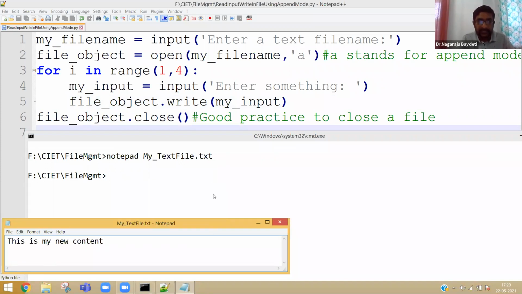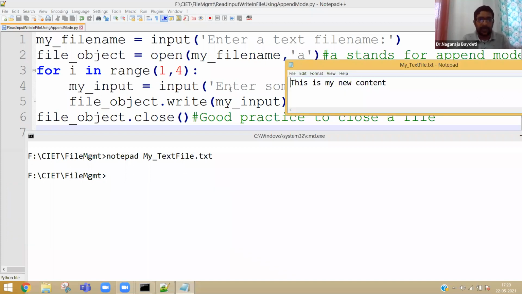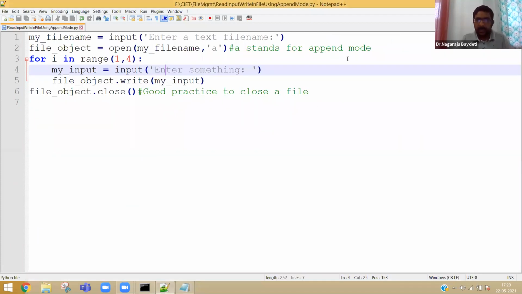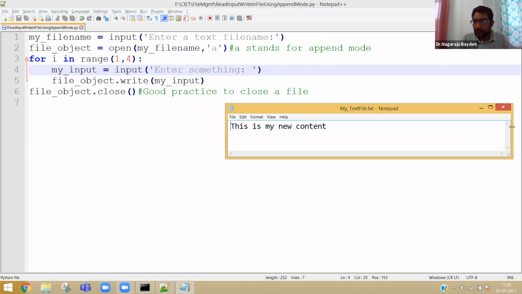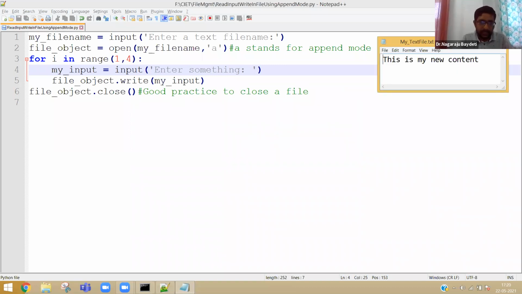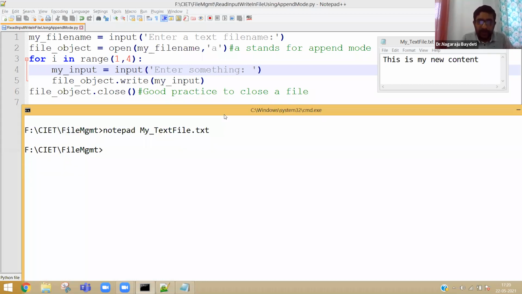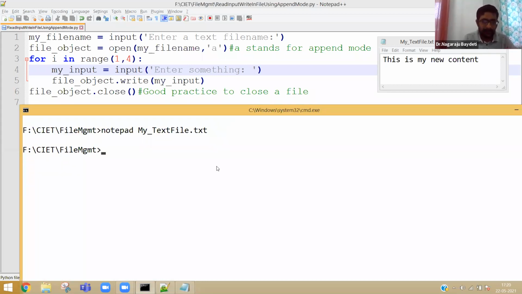Already one content is there. This is my new content. Now, let me use the same file in append mode. I believe you guys are able to understand why I am keeping this on the screen, so that I can also explain to you. The right hand side corner is before executing the program.